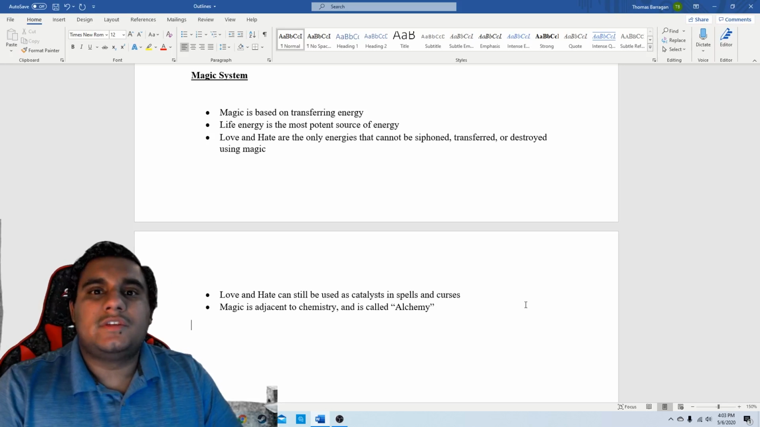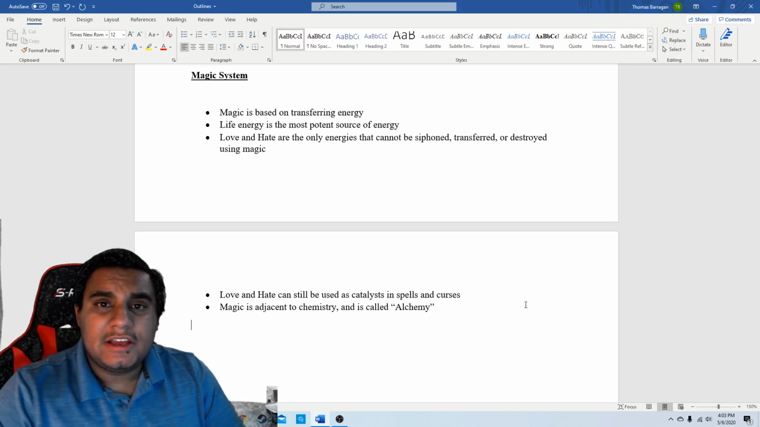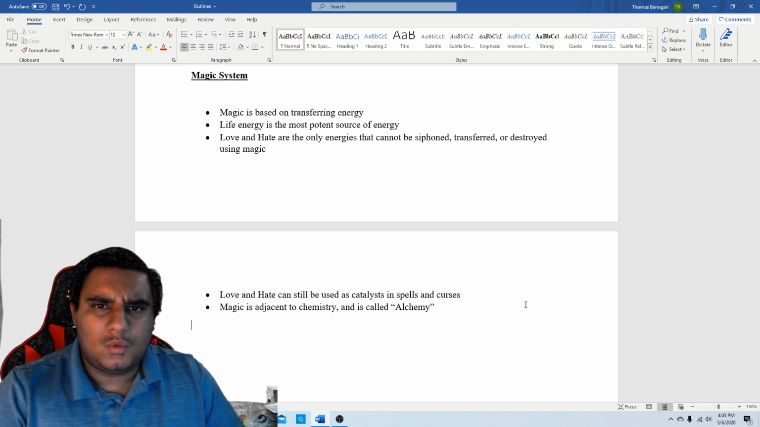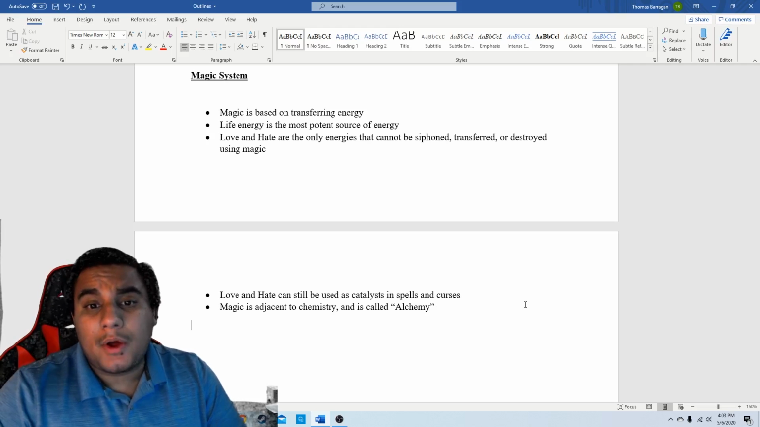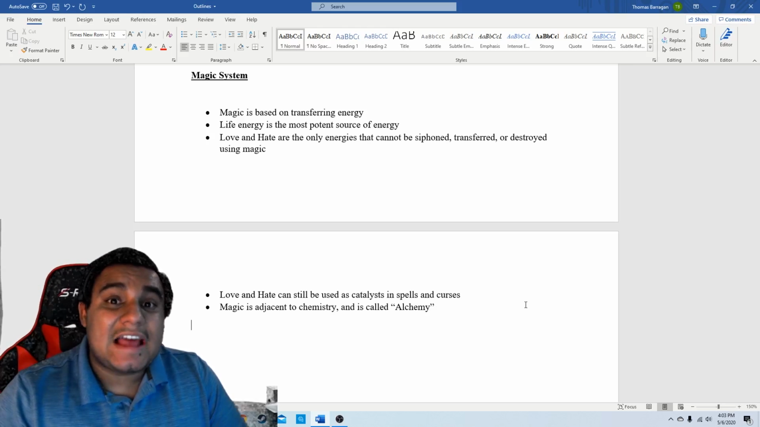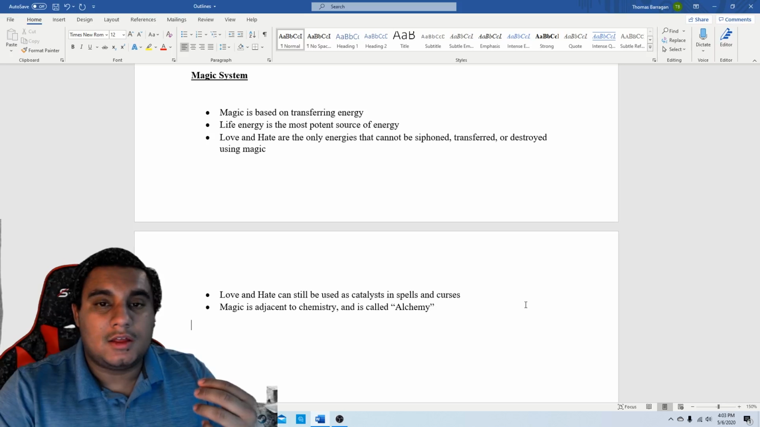Let's go over the rules of the magic system for this story. Magic is based on transferring energy. I think that's a very common rule for magic in most magic systems. Life energy is the most potent source of energy. So this means that in this universe, witches can sacrifice living beings, like animals or humans, in order to cast